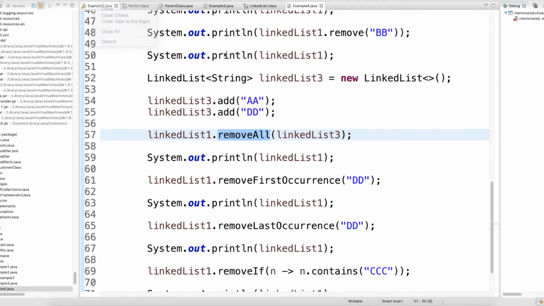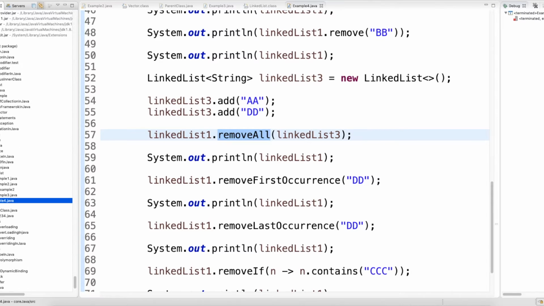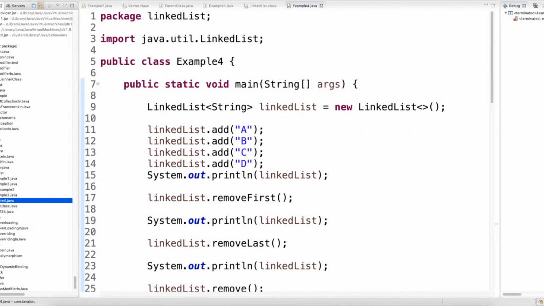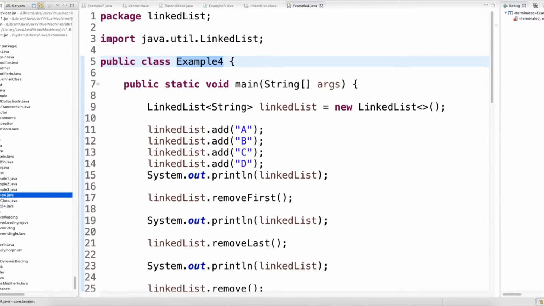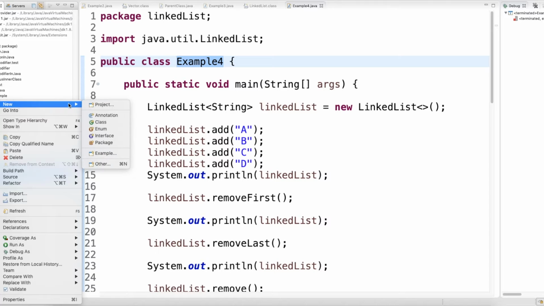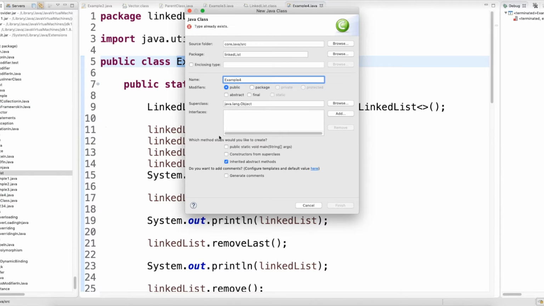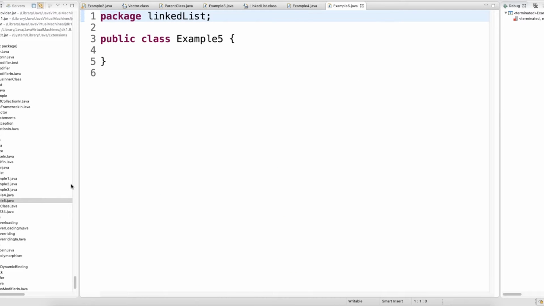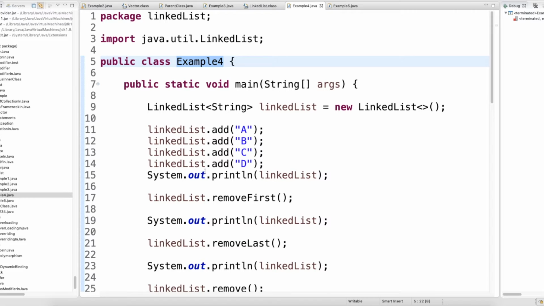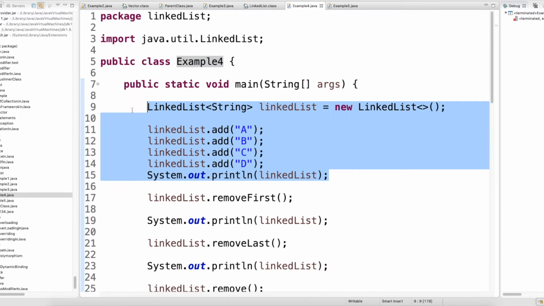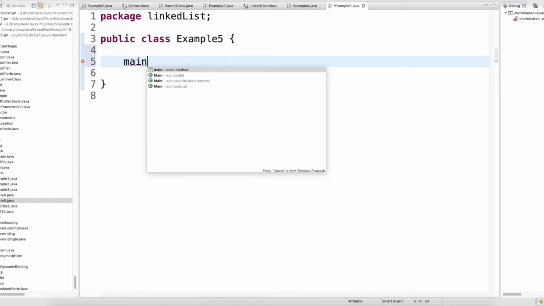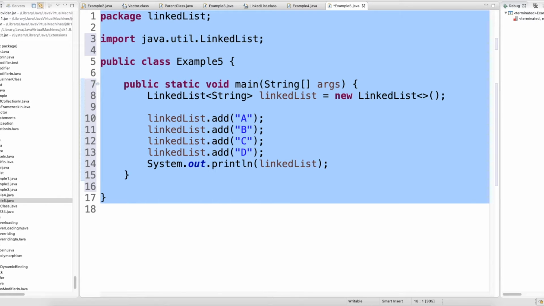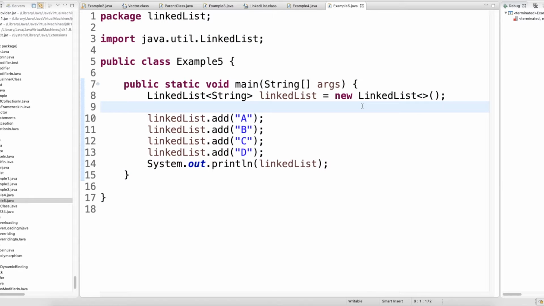So what happens, you have other methods where you'll get the data but your data will not get removed from the linked list. Let me show you those methods, which you have only in linked list. I have designed one fresh class, and I will copy the main method here. Okay, so this is your list, right?